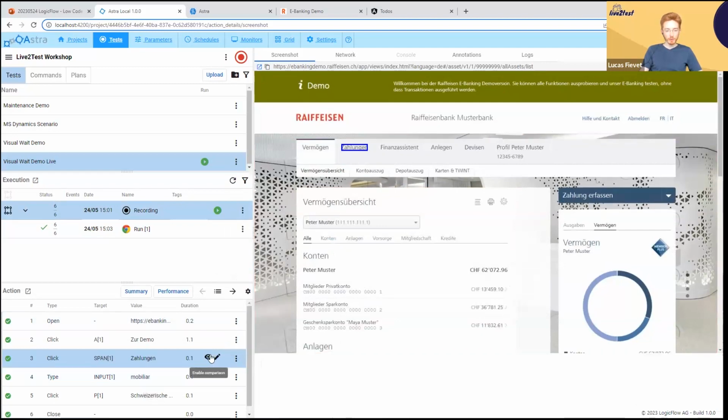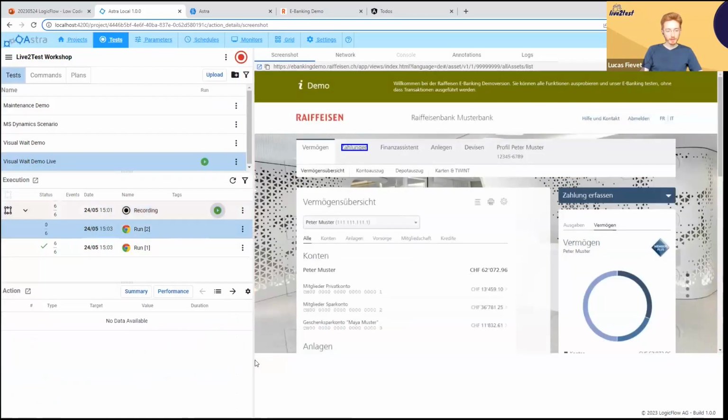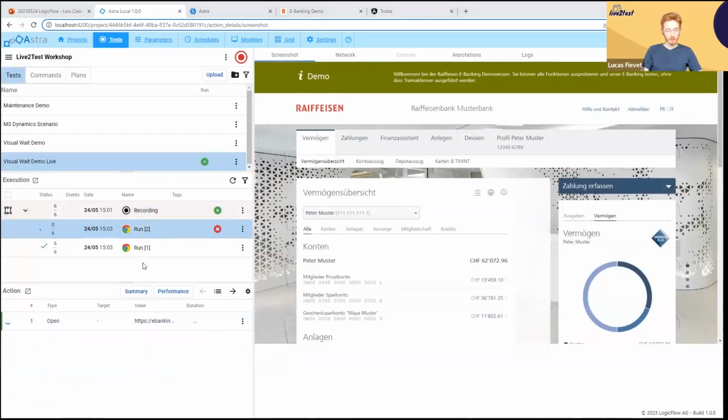And what does a checkpoint do? The checkpoint here will really assert every element on the page and check that the application is unchanged compared to the reference recording we did. And if I now replay this again with the checkpoint included,